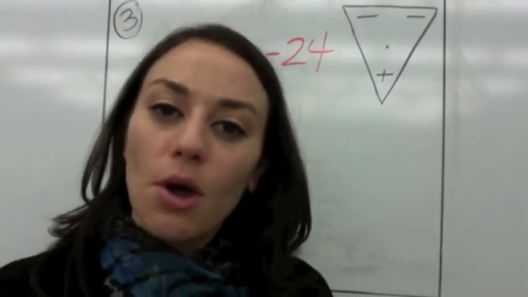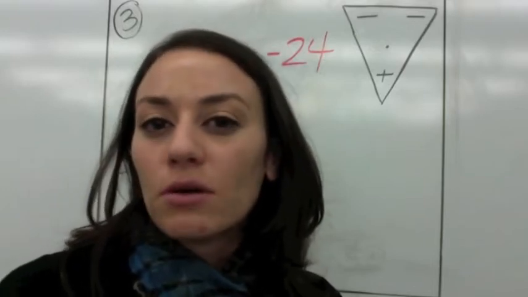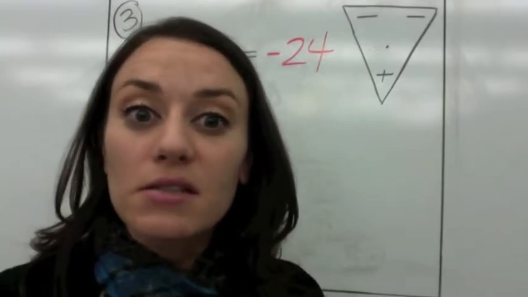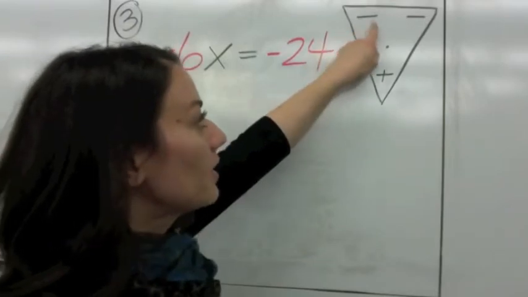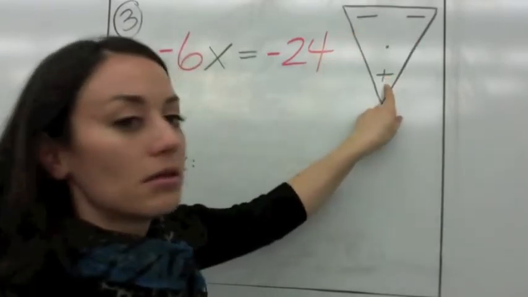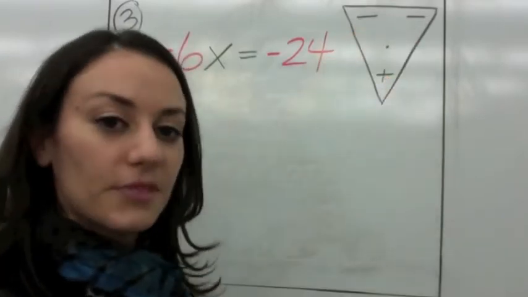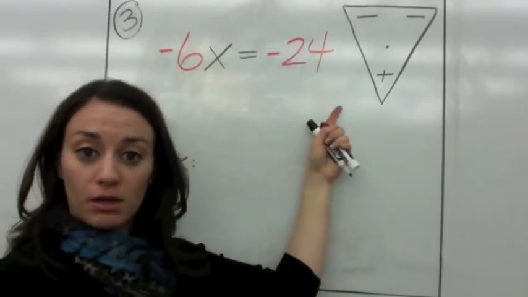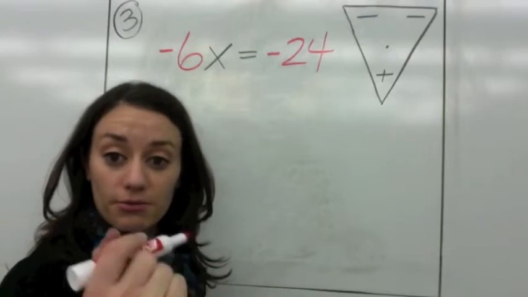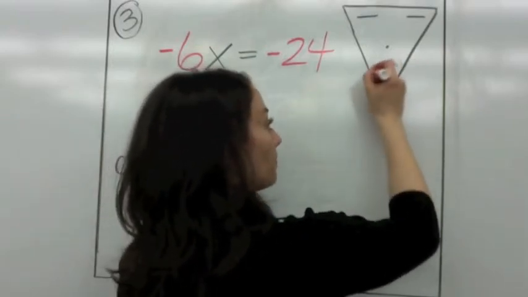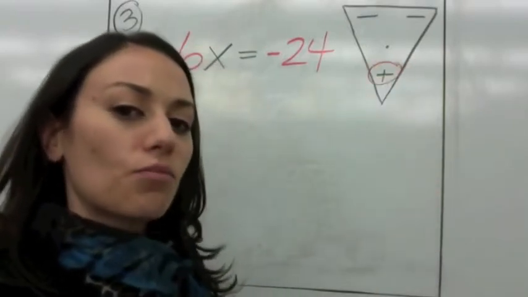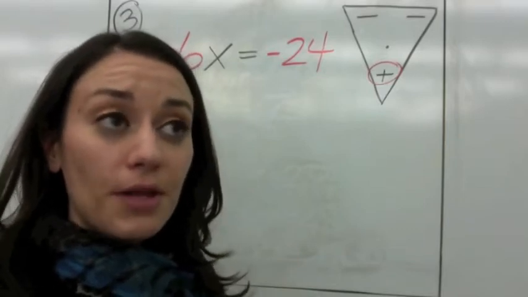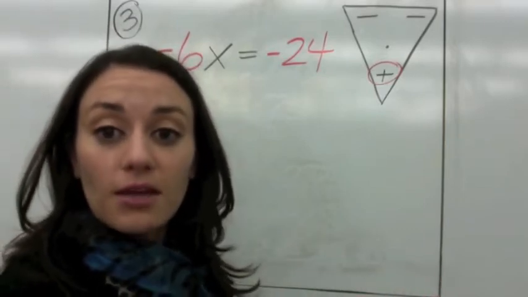What happens when you have 2 negatives? What does Bob's cousin say? He says, a negative times a negative is positive. That's right. So circle, first of all, make Bob's face. Then you're going to circle the positive at the bottom. So again, when you have two negatives and you're either multiplying them or dividing them, the answer will be positive